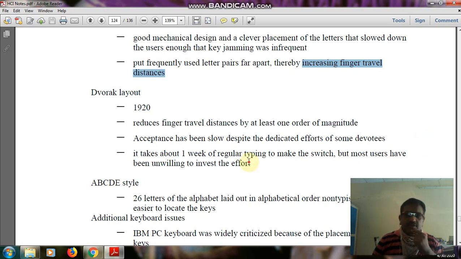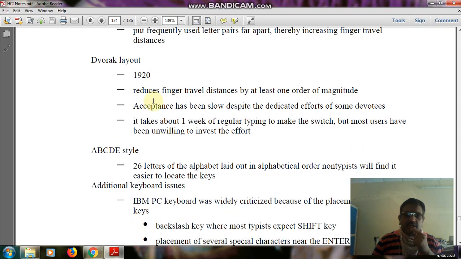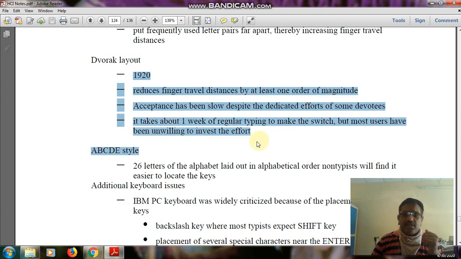Next, there is the DVORAK layout. It is implemented from the year 1920. It is also used, but most of the time this layout is not preferred when compared to the QWERTY layout.